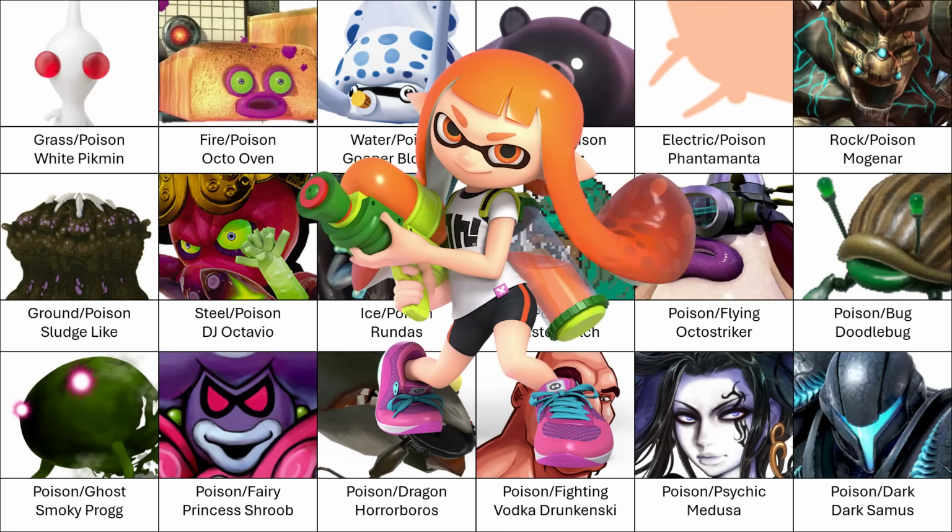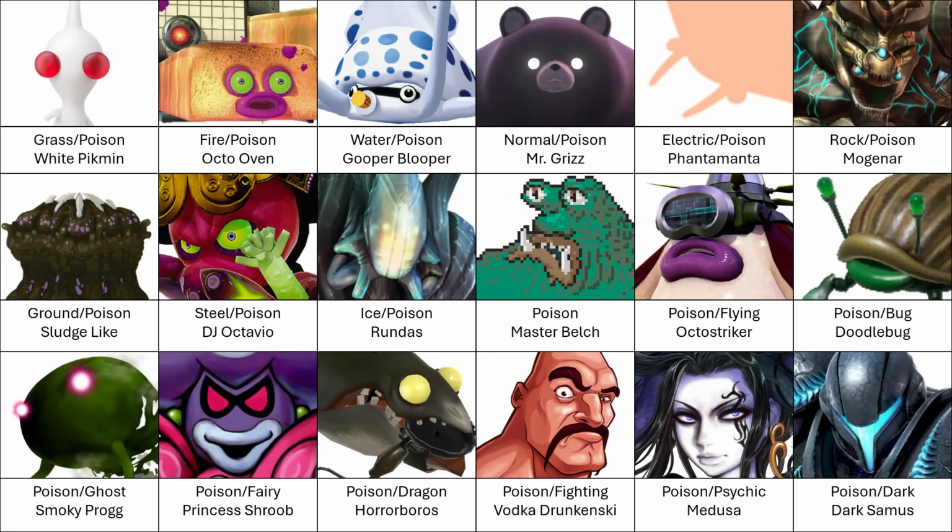People suggested it for normal poison, pure poison, water poison, even poison fighting, but they never managed to hit the top spot, not even getting many votes at all in some cases. I actually don't understand this at all, especially in the case of pure poison. Inkling's whole thing is that they shoot poisonous ink, and given how iconic they are, and the fact that Splatoon got a few poison type reps, it's kind of crazy to me that it ended up with just one upvote